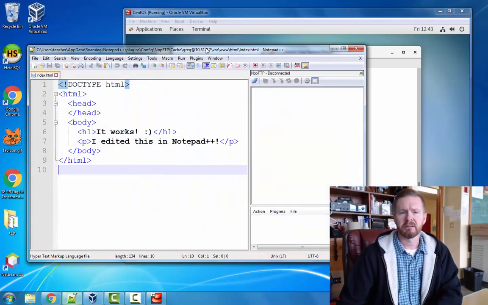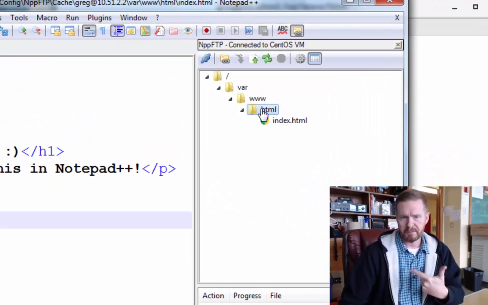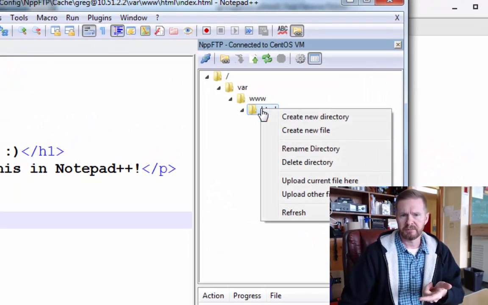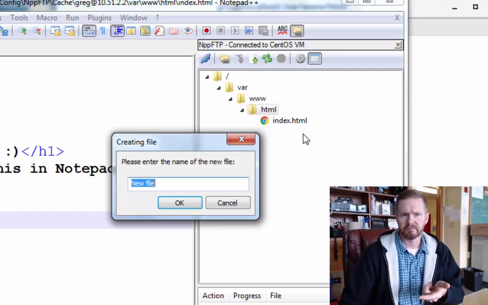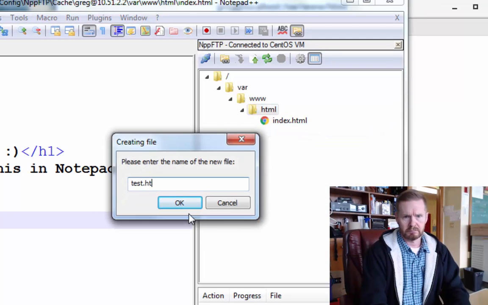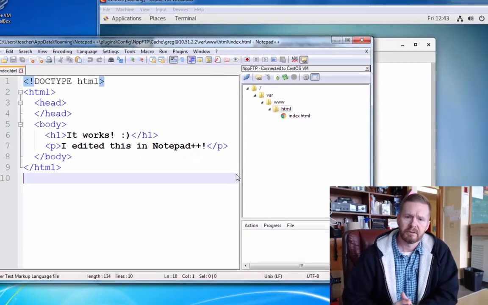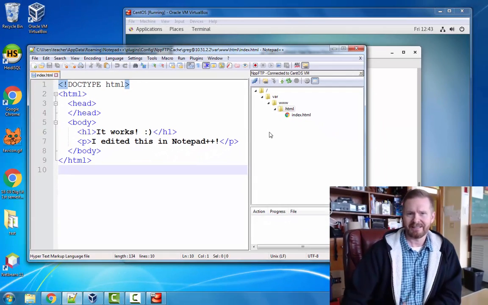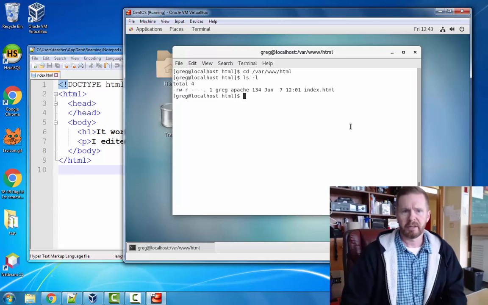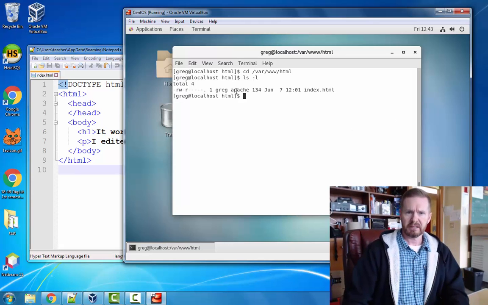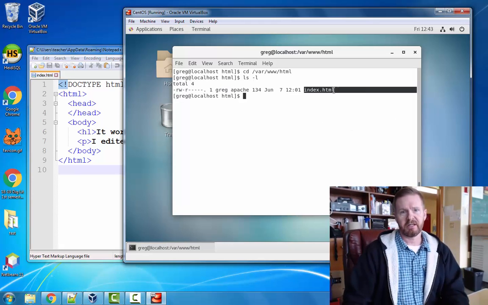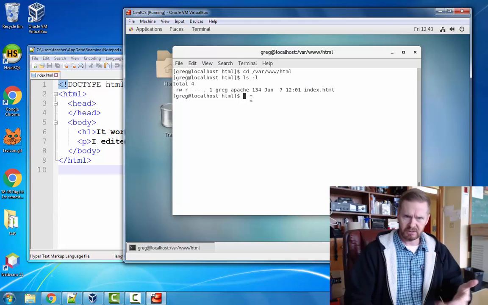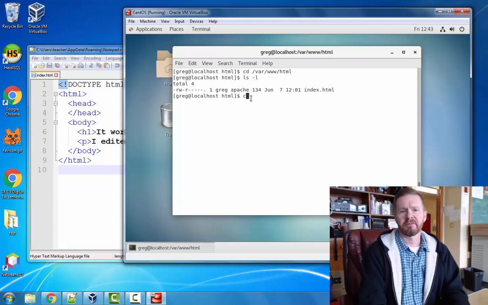if I go back here to the server and try to, let's say I want to make a new file in HTML, right? I don't have permission to do that. I can't, and here's why. Again, this one file has the proper permissions and ownership, but